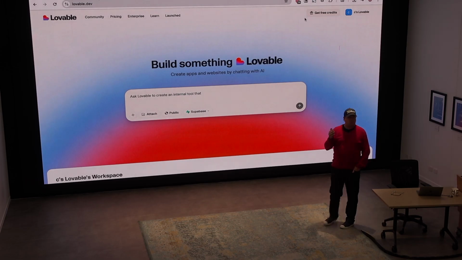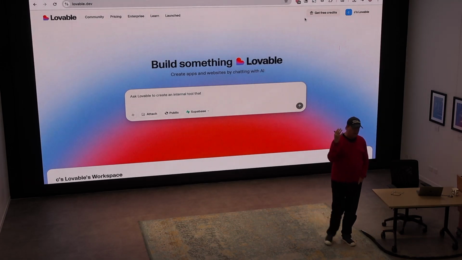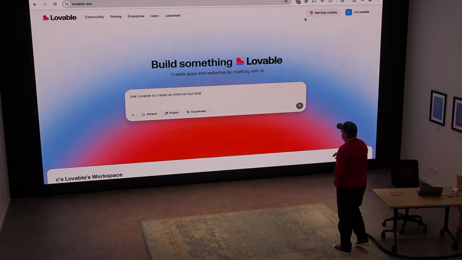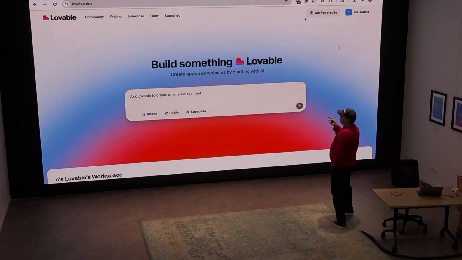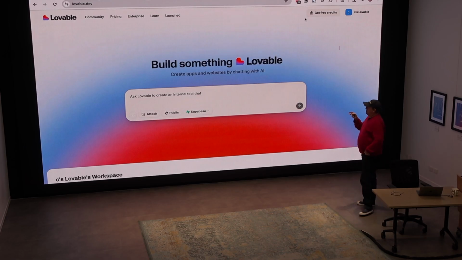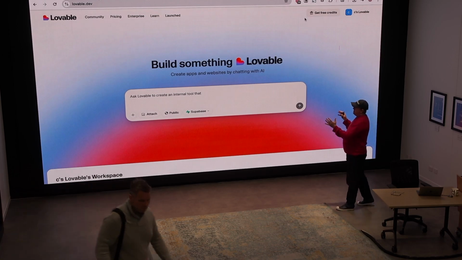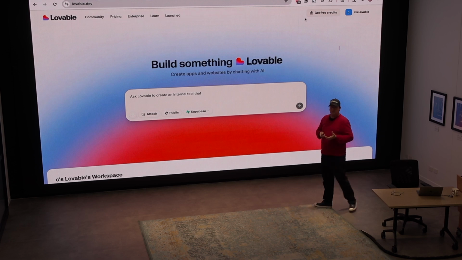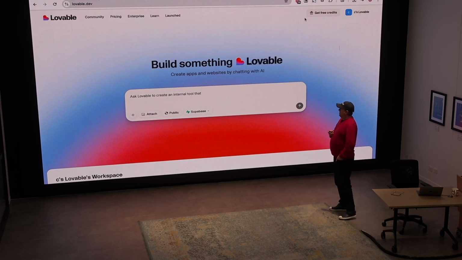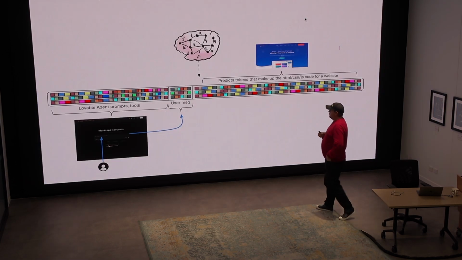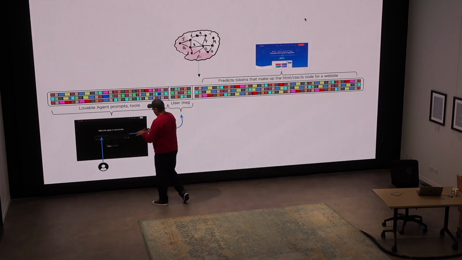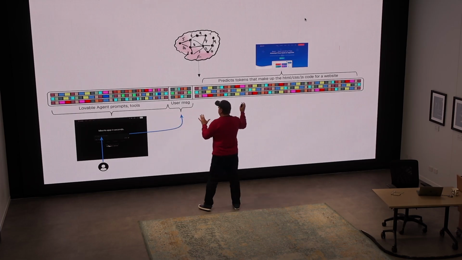Now, most of us have had a play with something like Lovable, one of these vibe coding apps. And what I wanted to quickly talk about was the way I'm now thinking about this kind of AI startup company, this kind of app, is effectively in the business of context engineering. Let me try to explain. So when you think about what happens when you log into Lovable and you start vibe coding, remember how we talked previously about the fact that